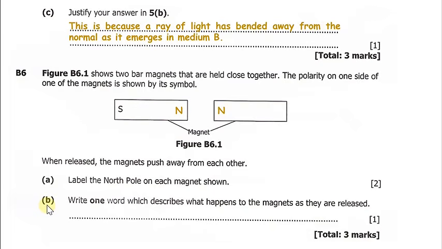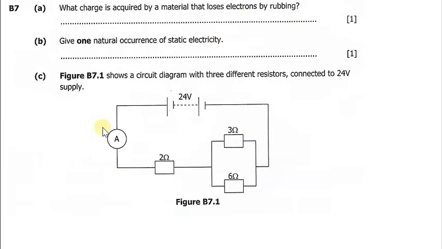Now B, they're saying write one word which describes what happens to the magnets as they are released. When these magnets were released, they pushed away from each other. So they want one word that describes the pushing away. That word is repulsion. That's what we say. So we go to